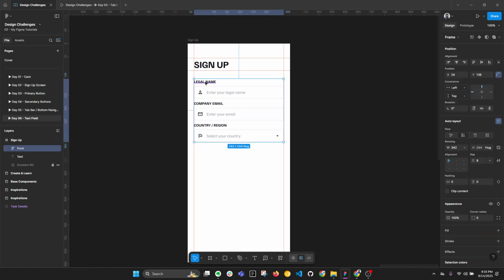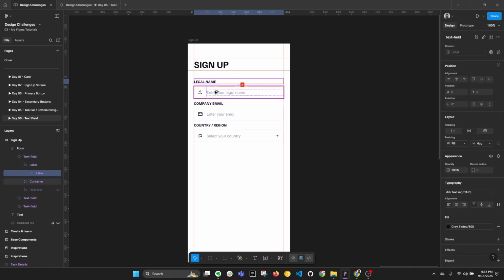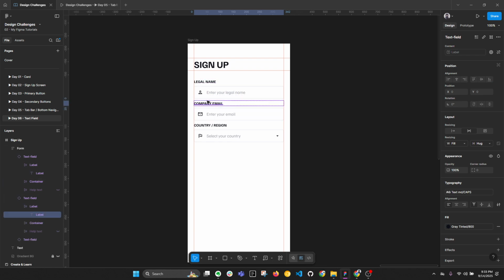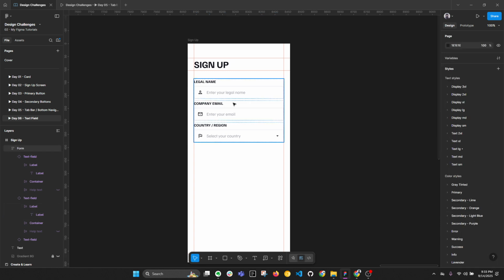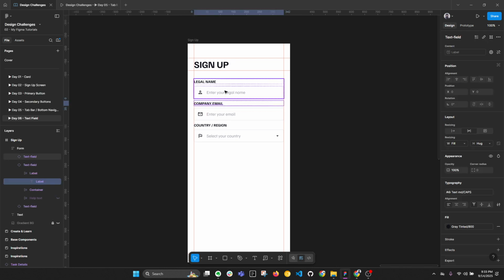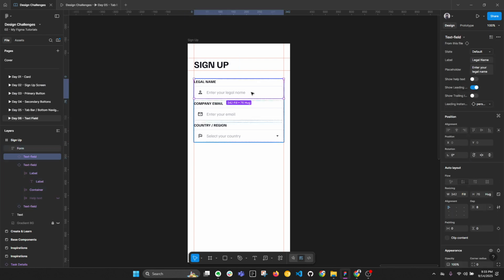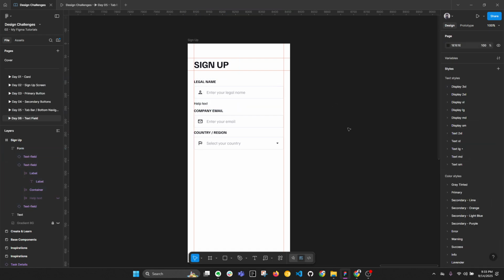So here you see legal name is 8 pixels away from this container. So is company email. Now it is not clear on this crowded screen if this label is associated with the top container or the bottom one. And we can make it worse actually. Let's turn on the help text. So if this help text is here,